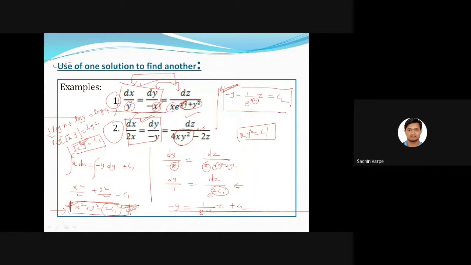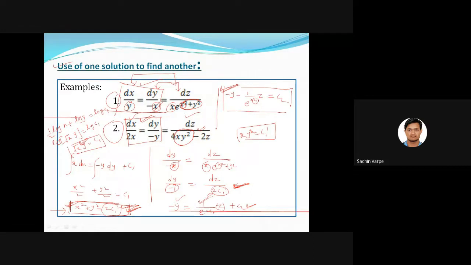Is this clear? Because x is getting cancelled now. And then you can see here that it is in variable separable form because the denominator is constant. So it is just like dy is equal to dz, and that is in variable separable form, isn't it? Because 1 upon e to the power 2c1 is constant and minus 1 is also constant. So once we have variable separable form, we integrate it to get the solution. Integration of minus dy is minus y, and integration on the right hand side is 1 upon e to the power 2c1 into z, plus c2. So that is the second solution, which is completely independent of the first.